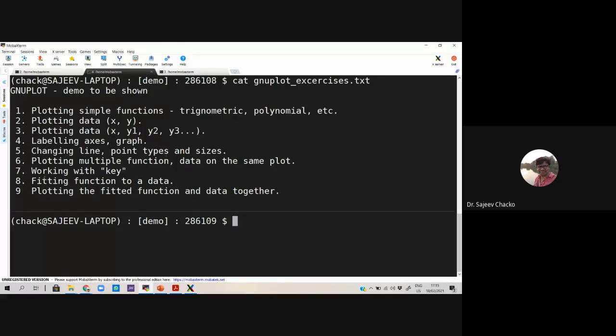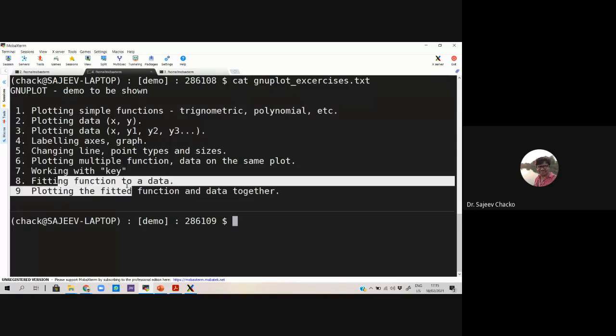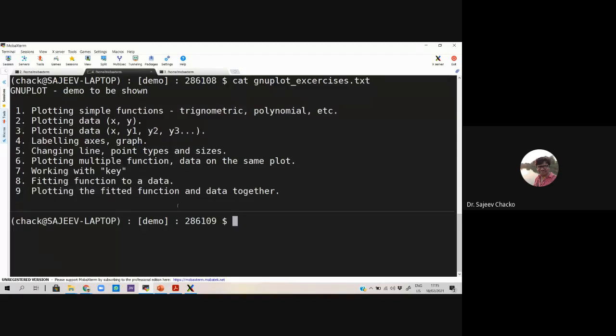Then plotting multiple functions and data from the same file on the same plot, working with keys, and then fitting data from the file, and then plotting the fitted function and the data. These are the things that we have worked out.